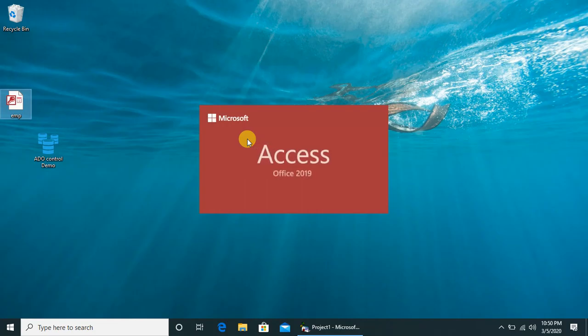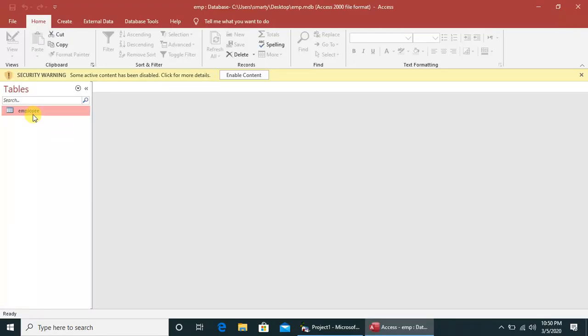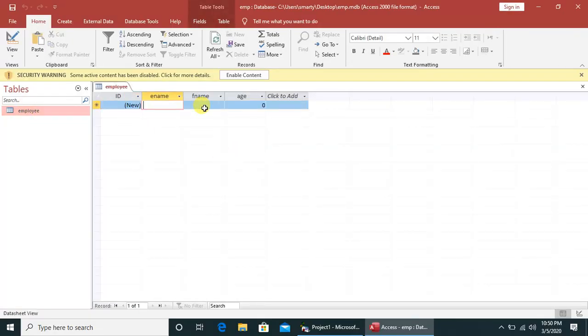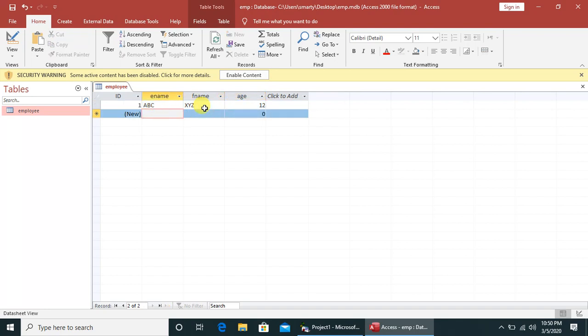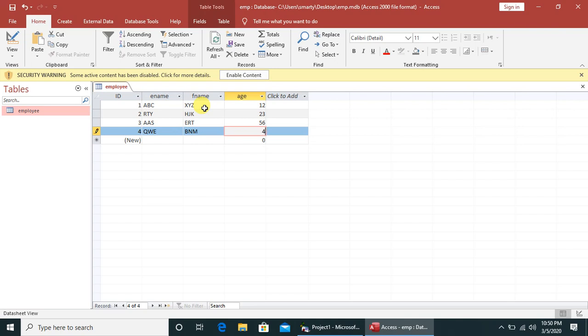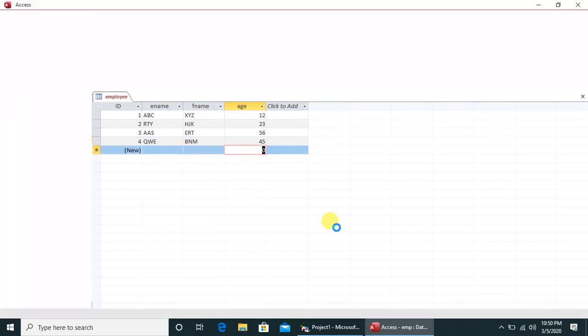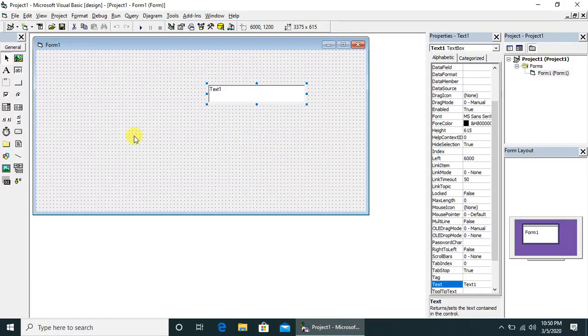We are going to just add some dummy text in the database, for the sake of time: ABC XYZ 12, DY GH 23, AS ERT 56, and PM. Okay, I just put some text or data in the Access file